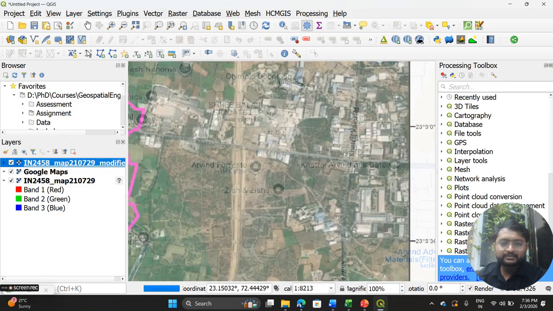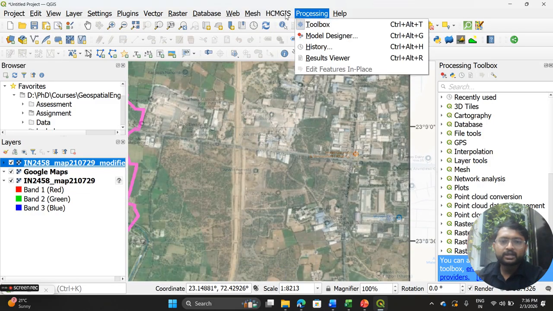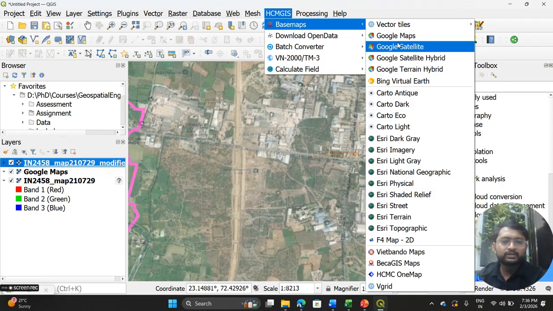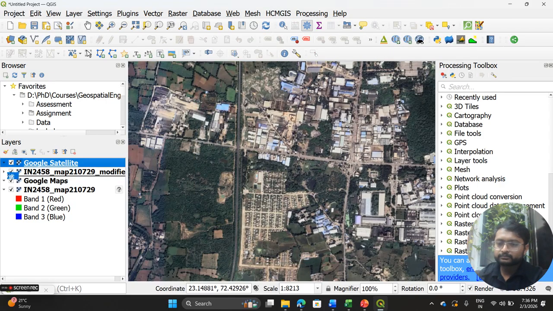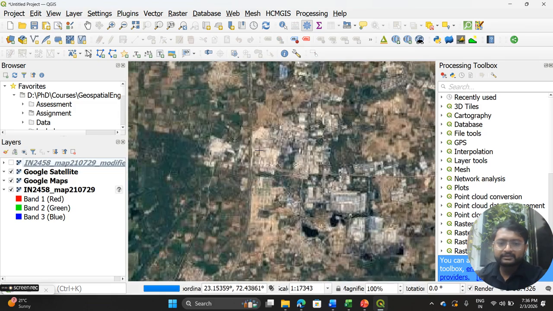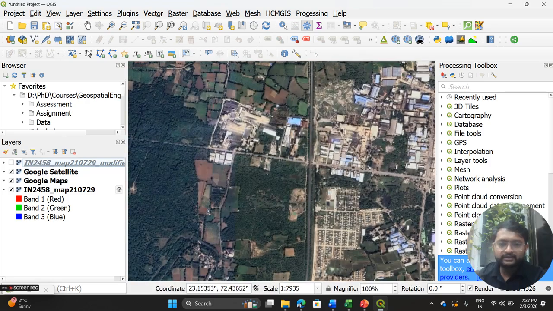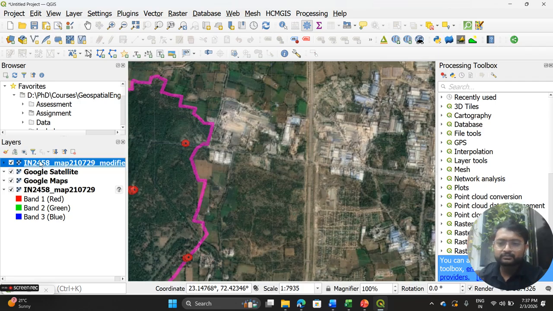So here you can see there are 4 roads crossing at these locations. So these things are clearly visible in the image as well as here. And this is something new, a road which is coming. So if you see the image which is being provided to you, for that I think what we'll do, we will just open the Google satellite image so you will get more idea. Okay, so this is the Google satellite image of this same location, and you can see now this road is being constructed. But if you see the original image which we have,